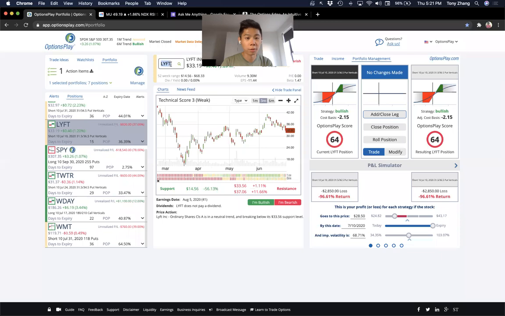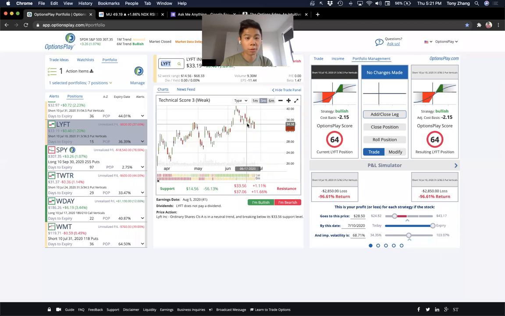I like that name a little bit better. But here, I'm just like Lyft, I prefer to sell premium here because I don't know that you're going to get this big acceleration to the upside that you need to buy calls with. I think you're better off selling puts, or put spreads rather.